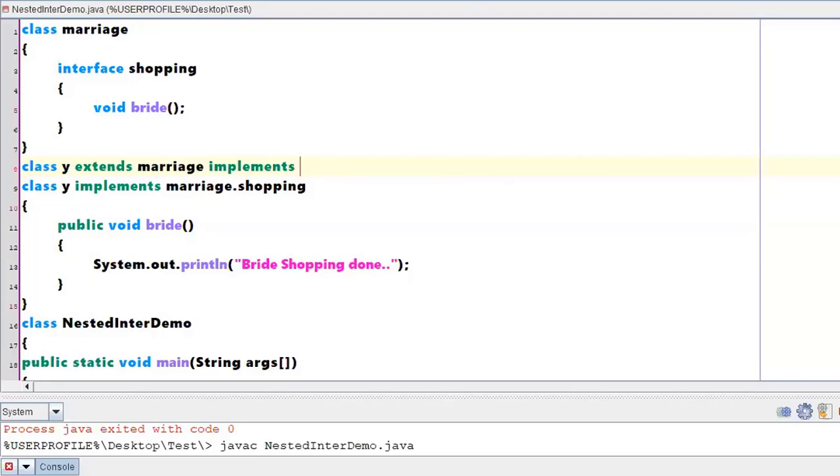If you say implements shopping, class Y extends marriage implements shopping, then if the JVM encounters this statement, it will think that this shopping might be an independent interface. It won't think it is a part of this marriage class.